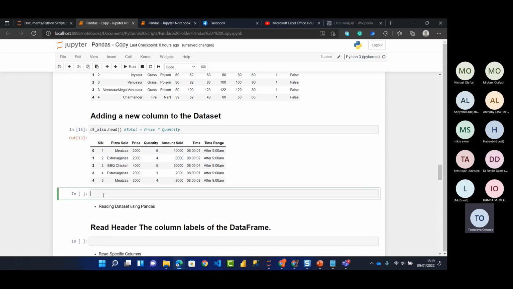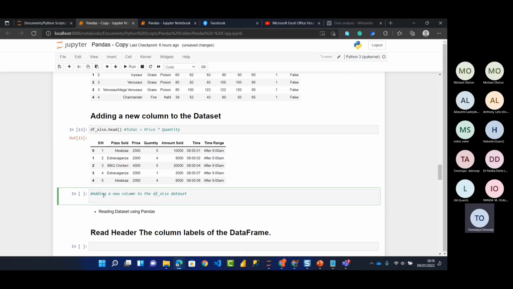So let me add a new column. I'll say df_xlsx, a list, double quotes, and I'll name it total. That's total, right? That's equal to